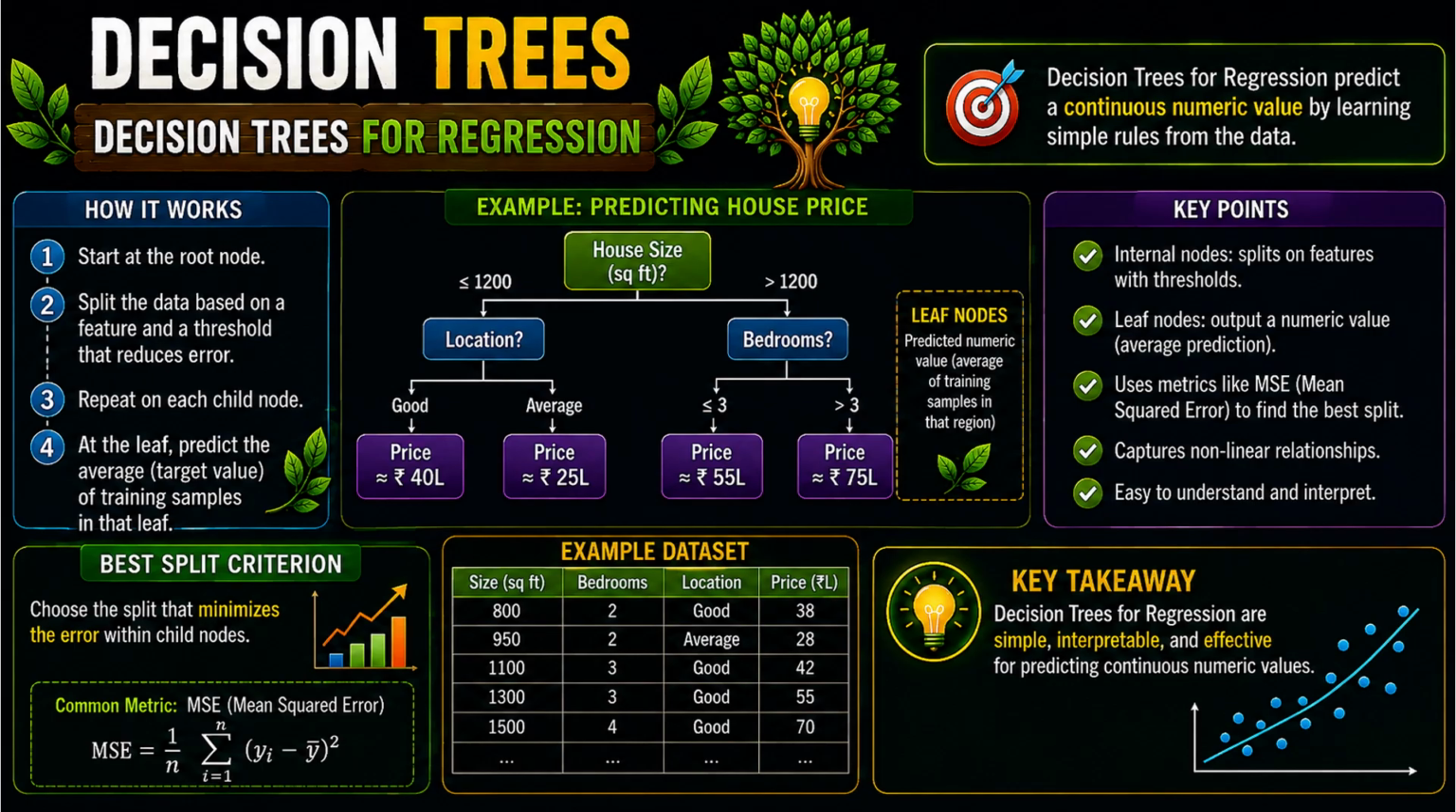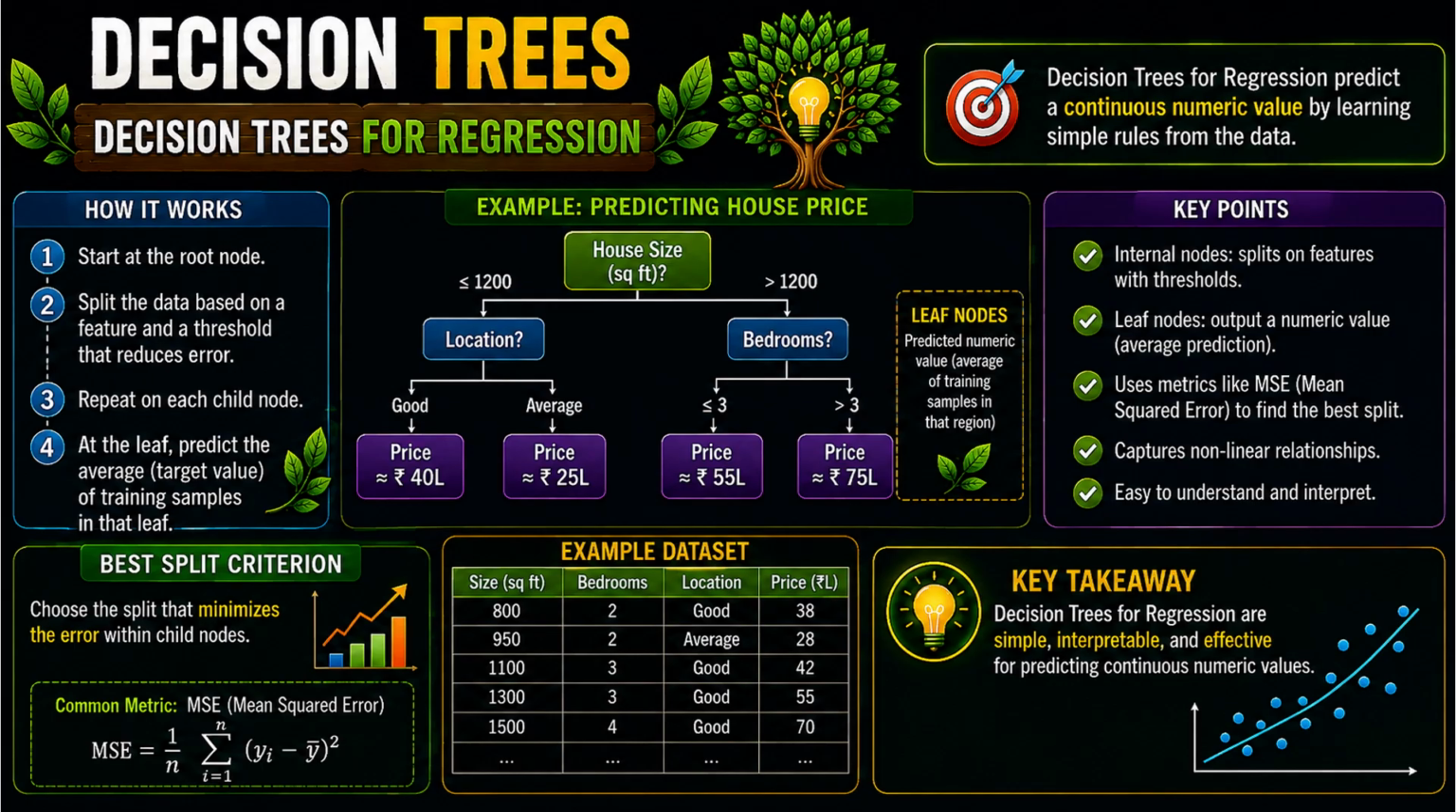So now you check out the location. If the location is good and the house is smaller, your price is 40 lakhs, and if it is average, your price is 25 lakhs. You have to calculate that. We'll come to that later. If it's greater and the location is good, then you have a price of approximately